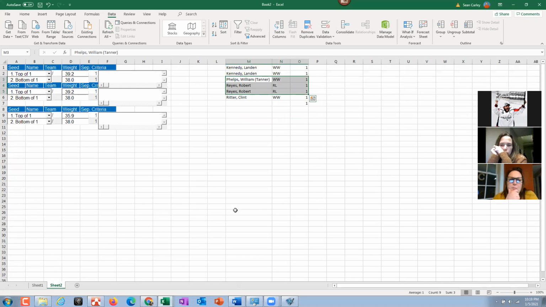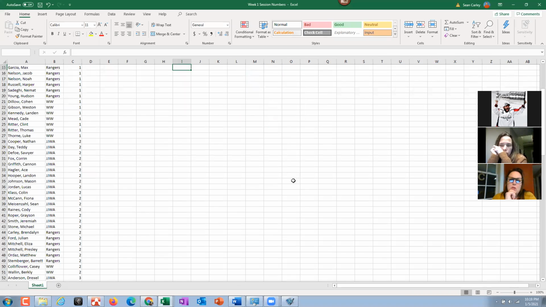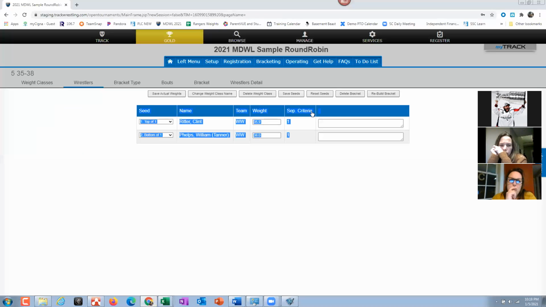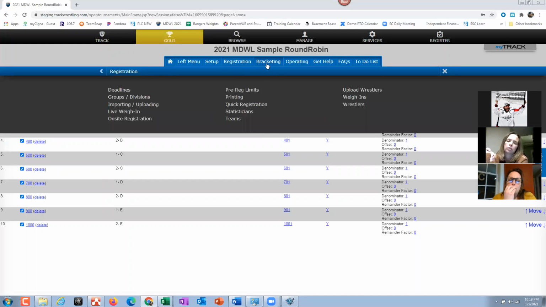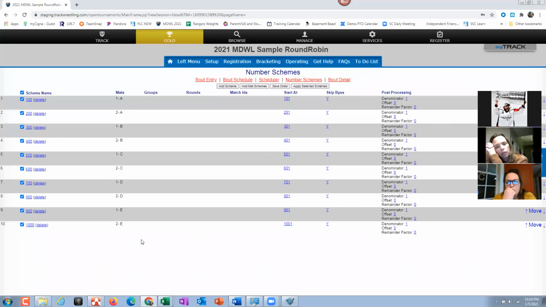Is it too early to print? Can you not print until you finalize everything? Like what you print to give the coaches? You know what? I didn't think about that. You would have to do number schemes. That would be the big problem. So you'd have to set the number schemes to print. You'd have to do that before the day still, though. And that would be a problem because if you have to start deleting matches, then all your numbers get wacko. Right.